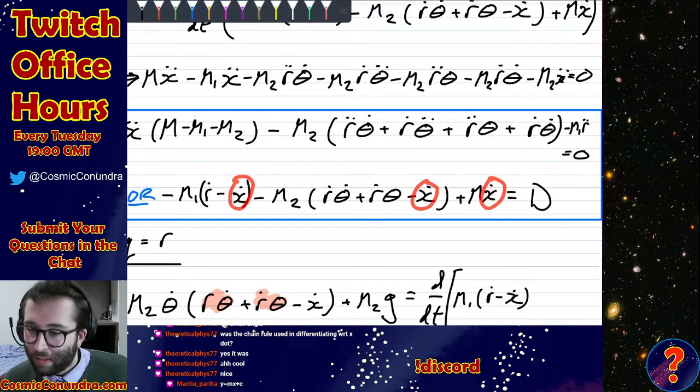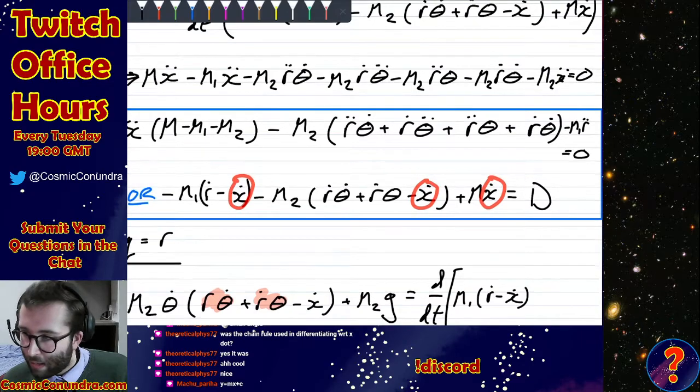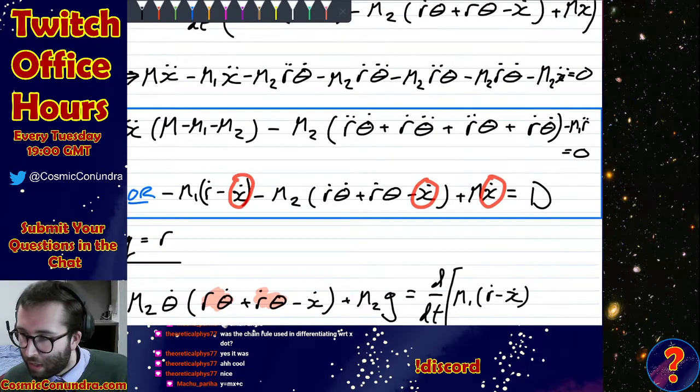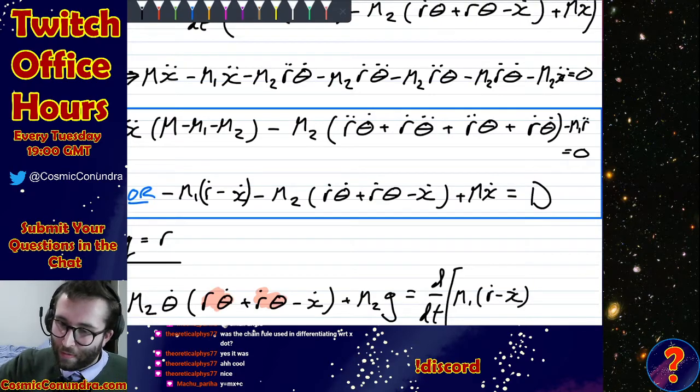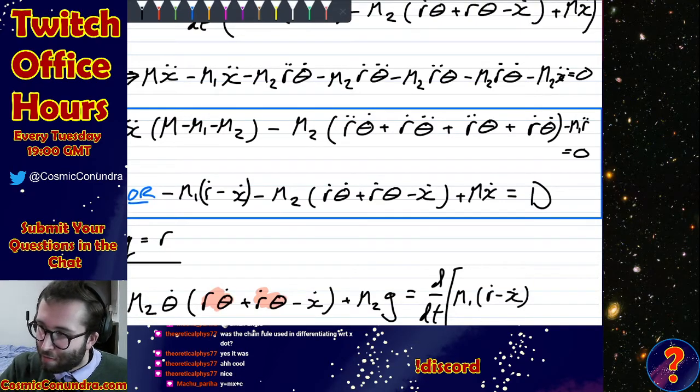So you'd have two coupled second-order differential equations for r and theta, which I don't think would be very amenable to any nice analytic technique to solve. I think they'd be quite difficult. So you could solve them numerically, probably using some sort of Euler scheme, where you